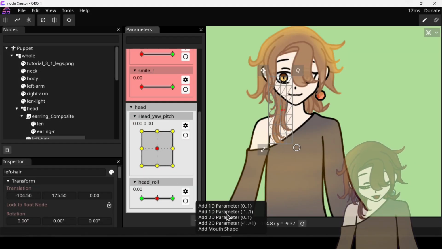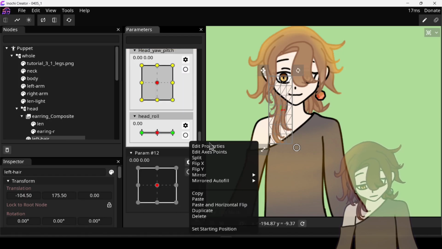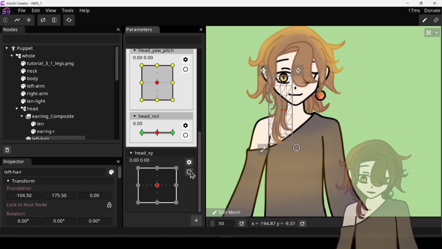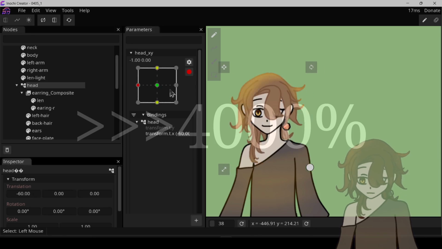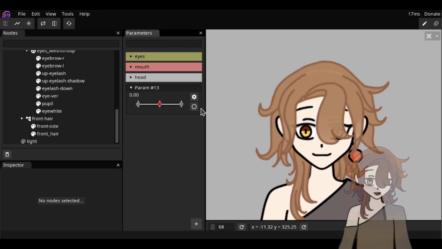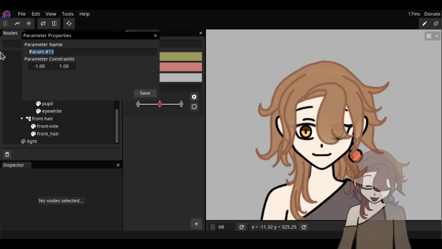Next part we're talking about head up, down, and left, right. We just call it head as Y. You can call it whatever you want. Simple fixes. I will add two parameters to deform, one layer, and one movement, and